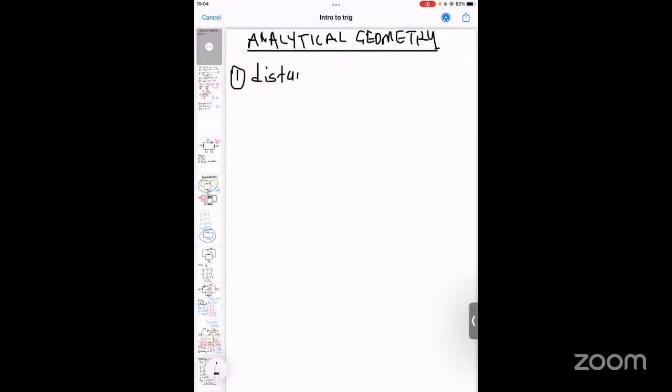So today's lesson, I'm going to limit it to these three things, and the name of this topic is called Analytical Geometry. Anyone who has heard of this topic before, or is it your first time? So we're going to be talking about distance formula,